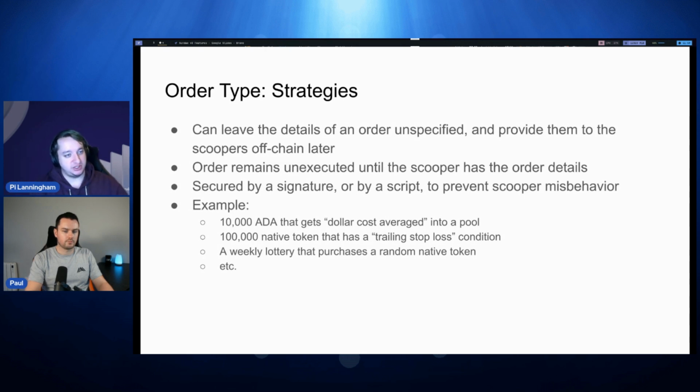So it's somewhere between full custody and self-sovereignty, which we think will open up a lot of possibilities for other projects building on SundaeSwap. So we think this is really exciting. We're really excited for what we're going to build leveraging this feature, and we're really excited to see what other people build leveraging this feature.